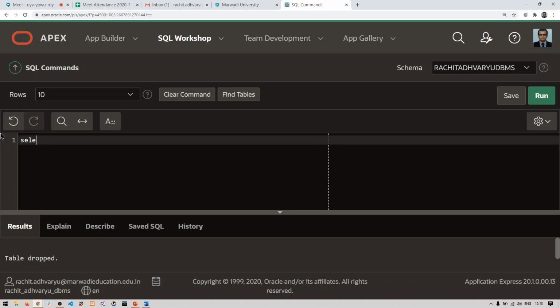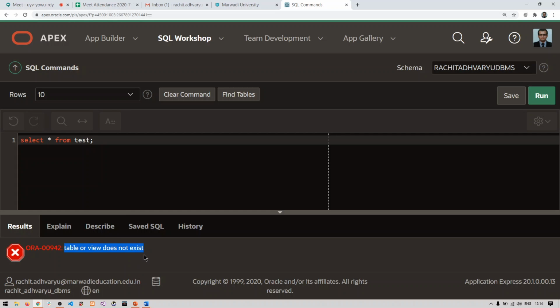First let me write select star from test. That means I am trying to fetch the data of the test table that we have dropped. Run. See the message, table or view does not exist. That means this table does not exist in our database.